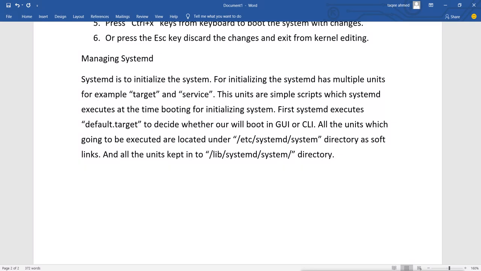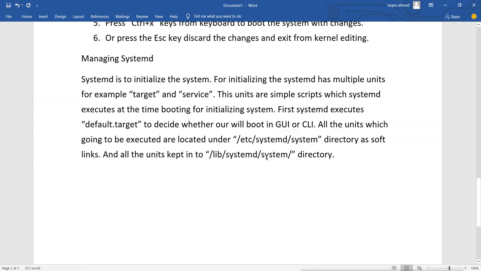Only the scripts which we decide to execute. So all those scripts, all those units will be under this etc directory, and from here they will be executed, but they are located there as links. Originally they are located under this directory. So when we want to execute any script, we create the link in this directory. So from here it will execute, but all other units will be kept in this directory.